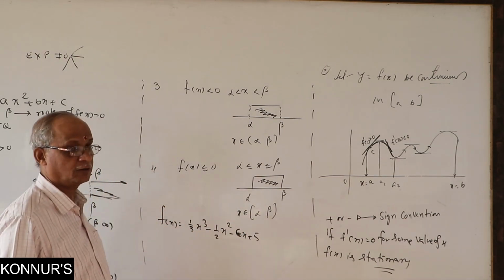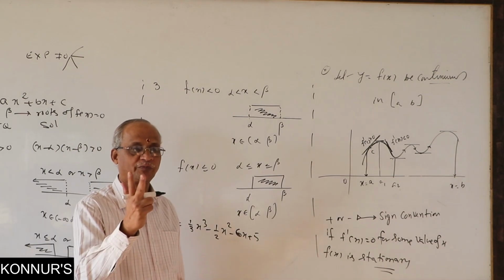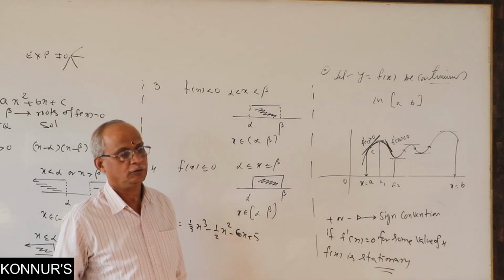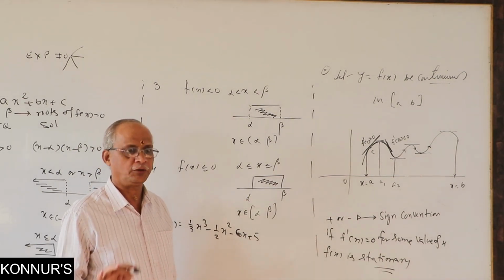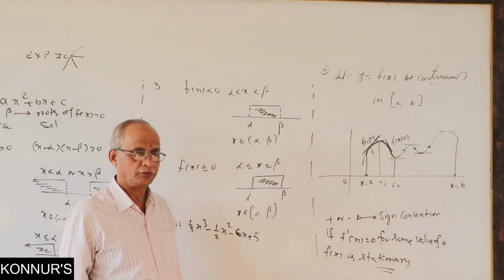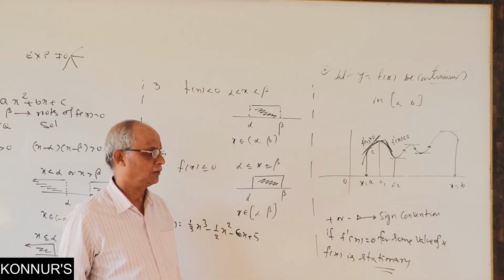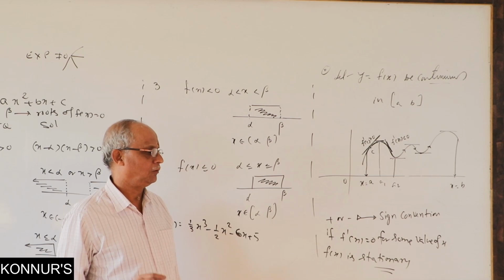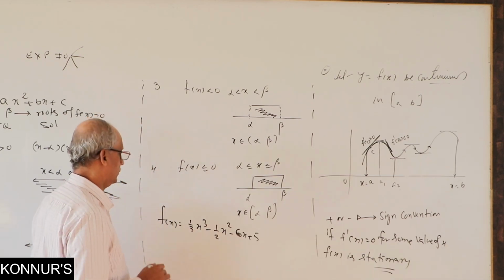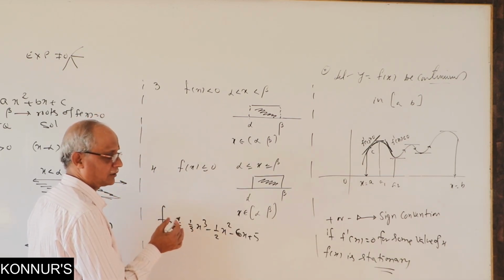Maximum how many stationary points possible? 2. Question: they are not asking to find how many, but the maximum how many. That much only. There is no other problem of finding x values or intervals. Simple. Theoretically, how many can you see at maximum? 2 stationary points exist at maximum.